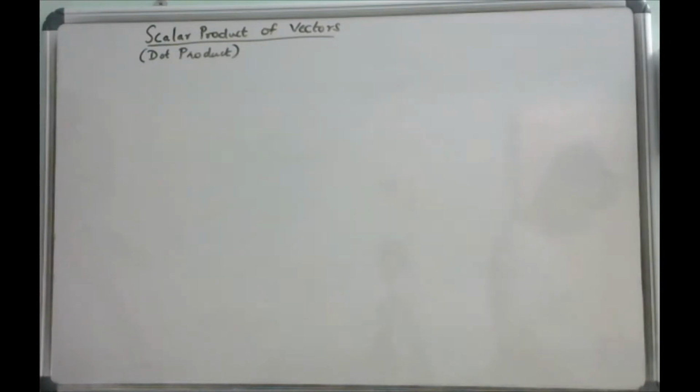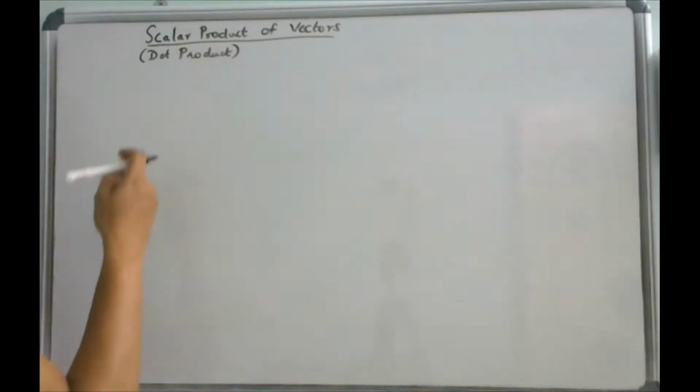So here in this section on vectors, after learning about the basic ideas regarding vectors like the direction cosines, direction ratios, etc., we are starting with two types of products. One is known as the scalar product of vectors, or the dot product of vectors, and the other is the vector product or the cross product of vectors. First we'll learn about the scalar product of vectors, and then we go on to the vector product or the cross product of vectors.